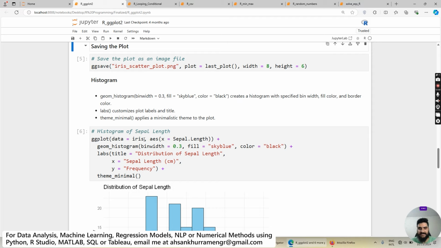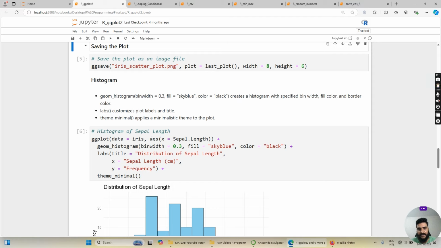Then we will define the aesthetic, which in our case will be the mapping of the x-axis. As it's a histogram, we are only interested in one measurement variable here. So x is equal to Sepal.Length is the aesthetic defined. Then we are going to define the geometry. As you recall, in the previous case we used geom_point, but right now we are interested in plotting a histogram. So the geometry we use is called geom_histogram, and we are passing a number of